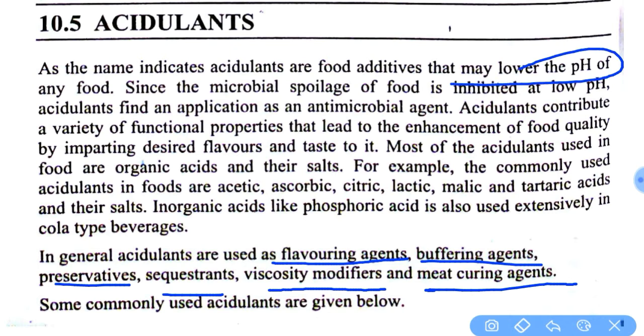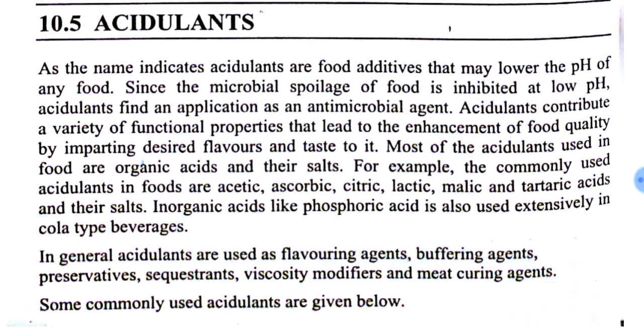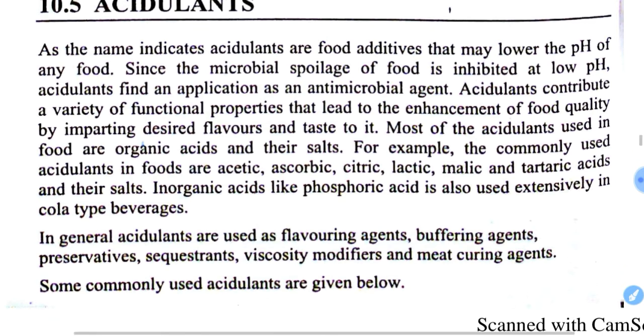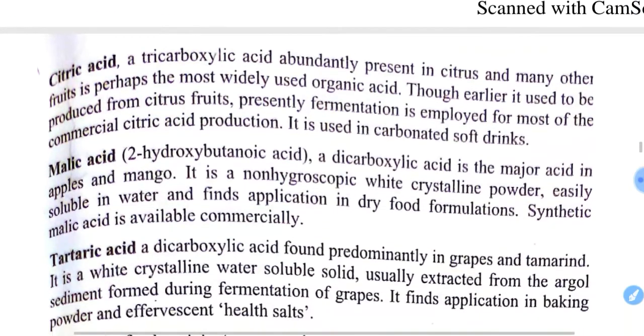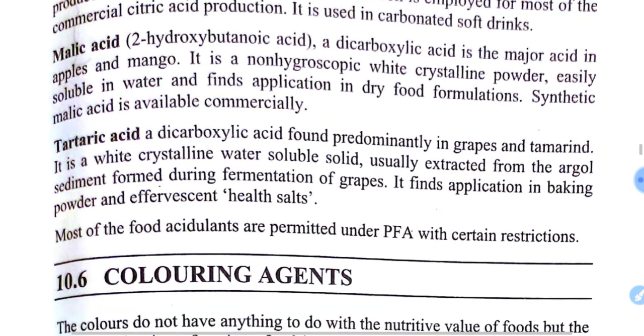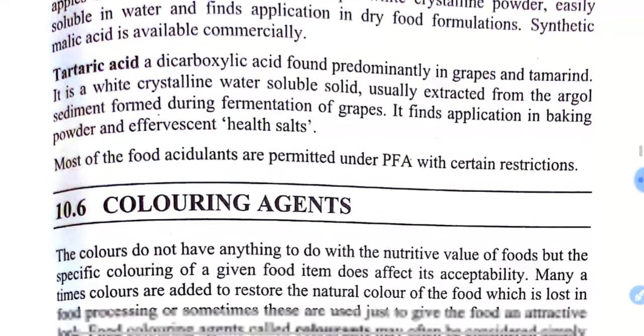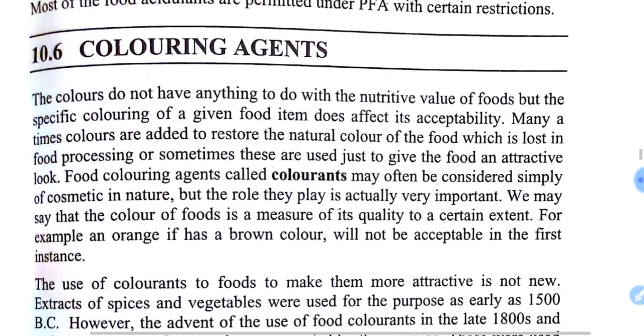By reducing the pH of the food, the growth of microorganisms is inhibited. That's why the quality of the food is enhanced. Some common examples of acidulants are given here, like citric acid, malic acid, tartaric acid. All these things we have discussed. What are the uses of citric acid? Okay,